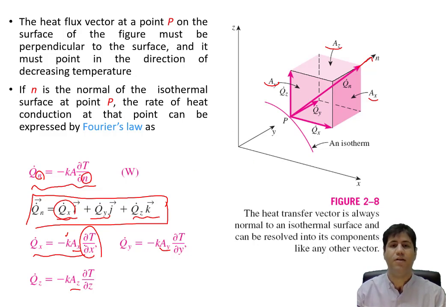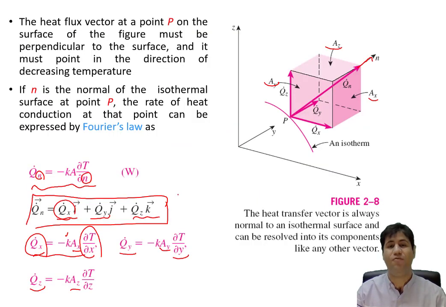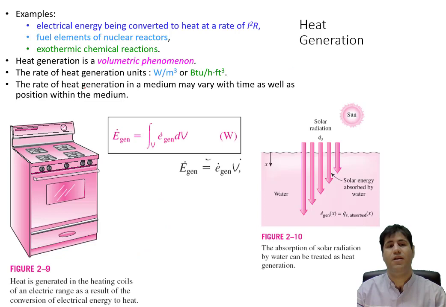Here, partial of temperature with respect to x for q dot x, partial of temperature with respect to y for the heat transfer in y direction, and same for z direction. So we have this general equation to find the rate of heat transfer through a three-dimensional element. However, we will see later that we will develop a more exact equation to find the amount of the heat transfer